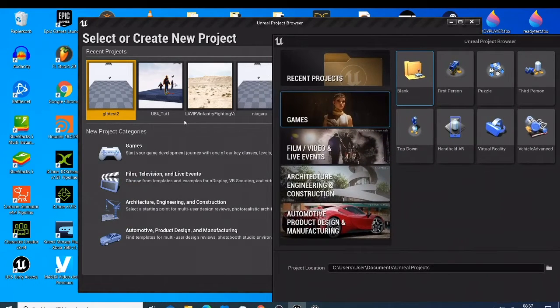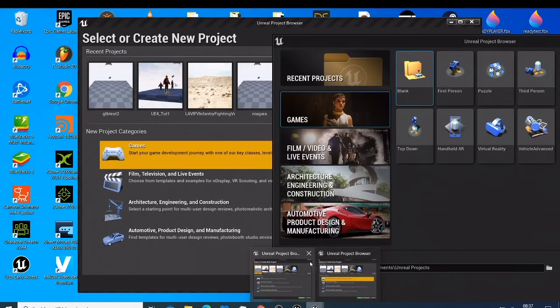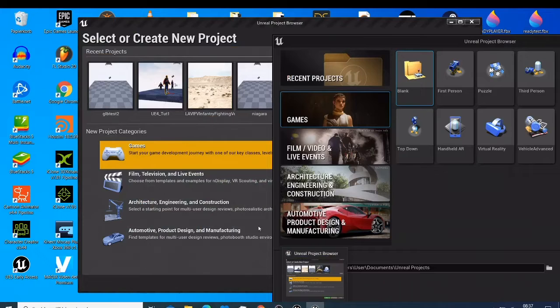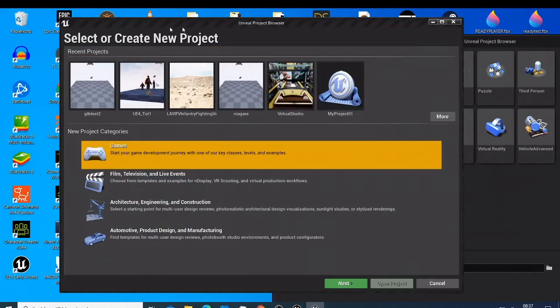And you can see here we have the games, the films, the architecture, the automotive. When you click the game, I think I need to give it some time. Oh, I opened the two of them. That's why they are not responding. So when you click the game,